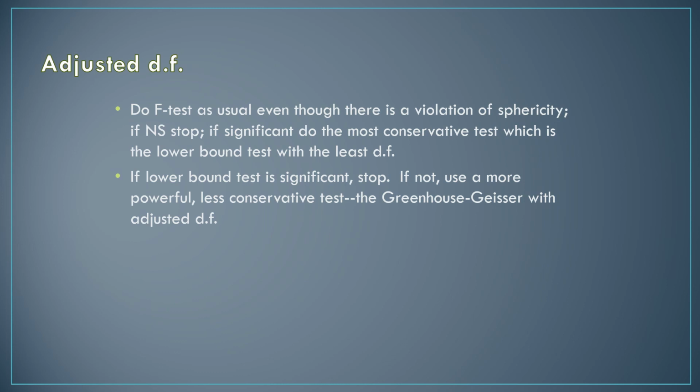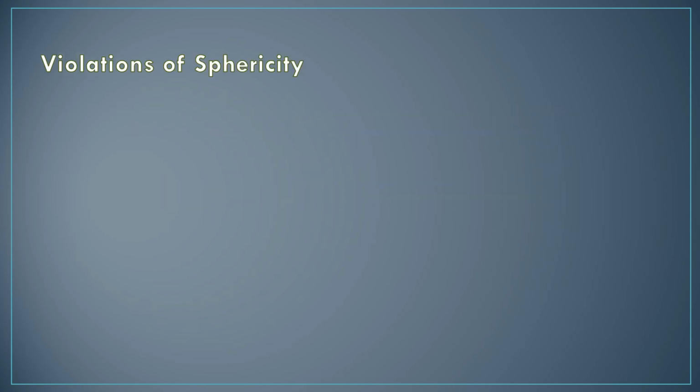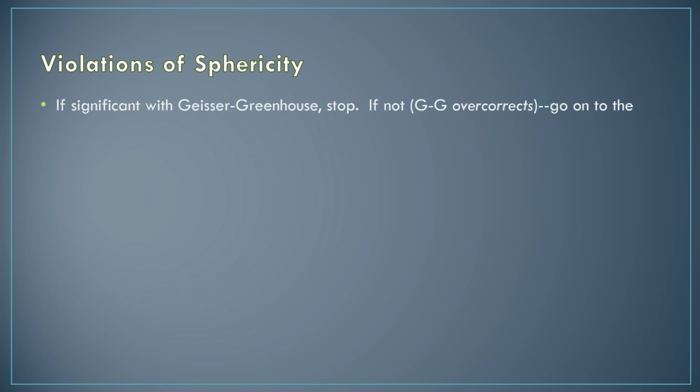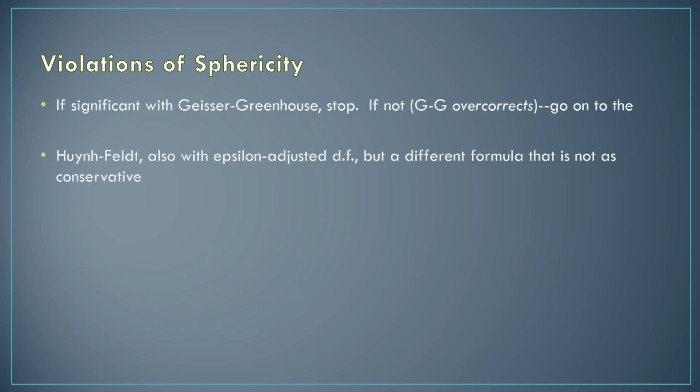And this is where that Greenhouse-Geisser with adjusted degrees of freedom must be used. So again, if you have this violation of sphericity, you can use this Greenhouse-Geisser to be able to make adjustments to your degrees of freedom. But if it's significant, you have to stop. If it's not significant, then this Greenhouse-Geisser is overcorrecting, and you have to go on to the Huynh-Feldt test, which is an epsilon adjusted degrees of freedom, but it uses a completely different formula that is